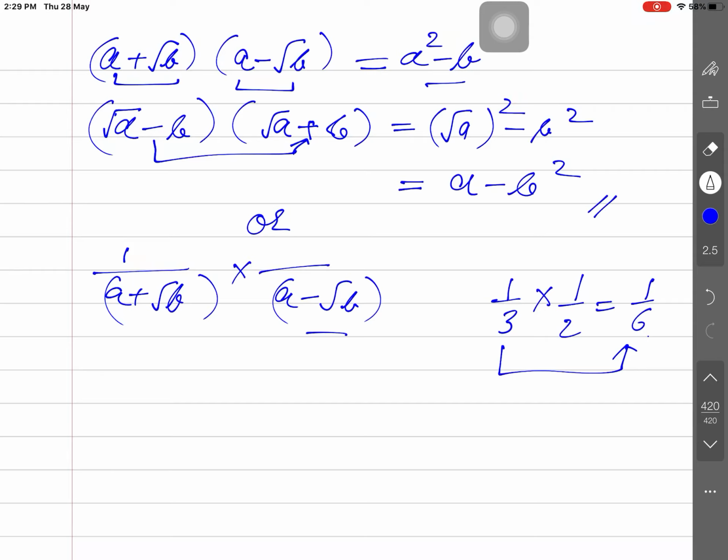So by doing your mathematical operation, your value must not be changed. Your value is getting changed here. So I am just saying your value must not be changed. So for doing this, what do you have to do? You must not multiply only the denominator by 2. You have to multiply 2 to the numerator also.